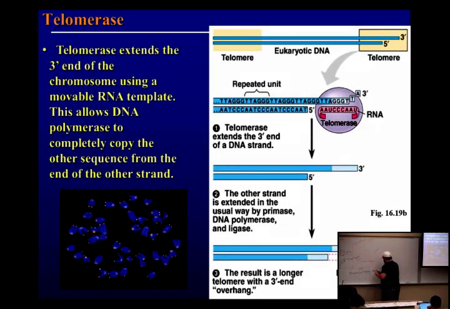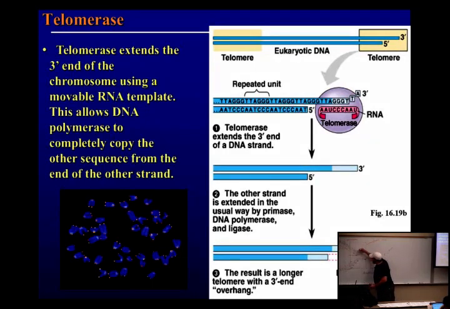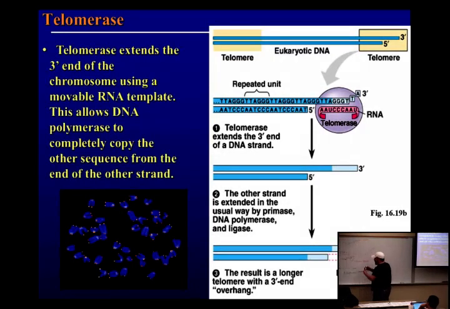So this enzyme telomerase, what it does is, let's say that this is an important gene. Once we hit this gene, we're going to undergo apoptosis, right? So let's say 1 replication, 2, 3, 4, 5, 6. Now we're getting into the gene, right? So what telomerase does is it just adds a bunch of junk on the end, right? So now, how many replications do we get before we end up in that gene?